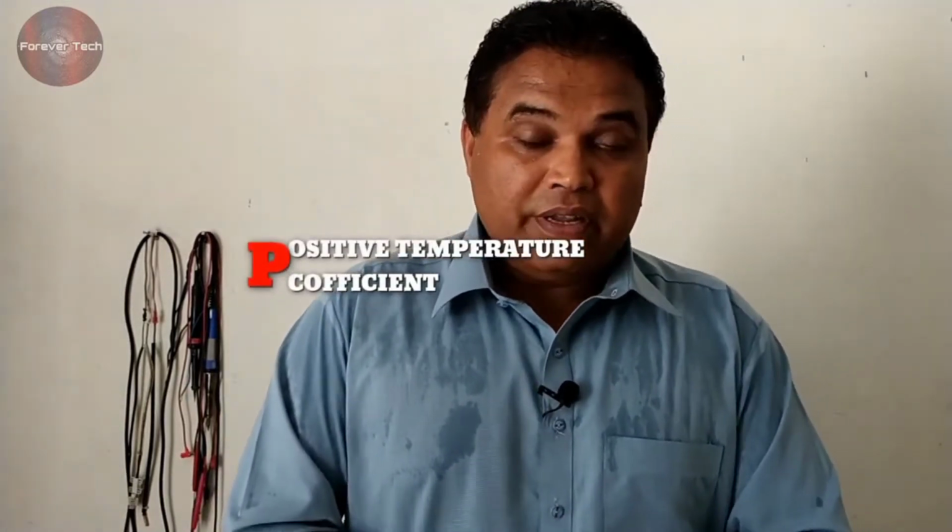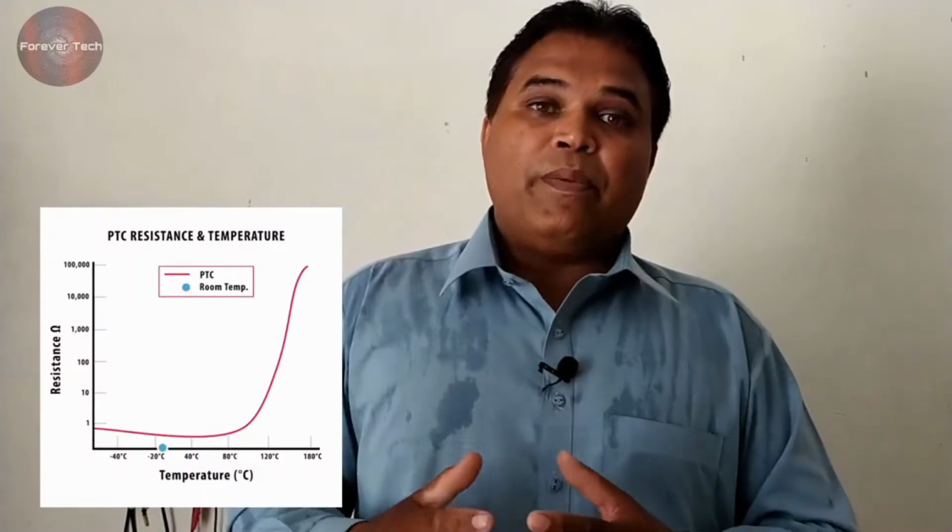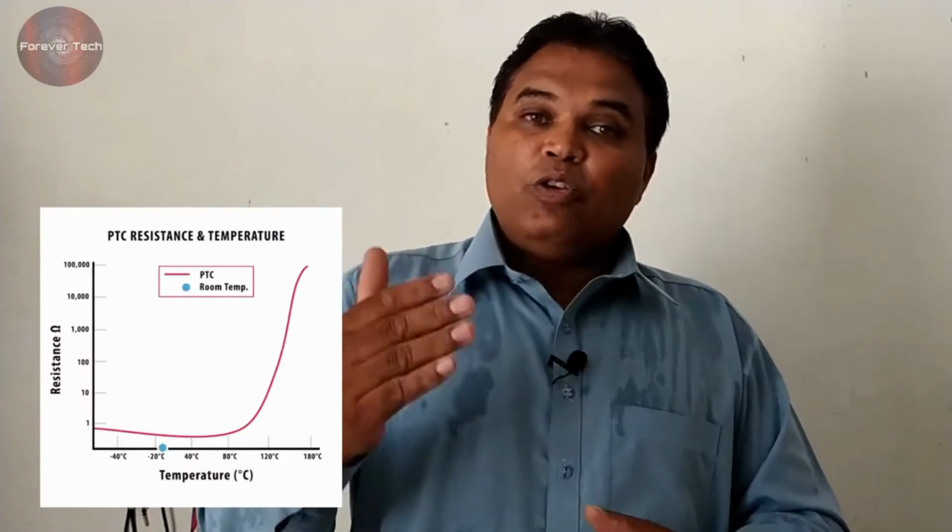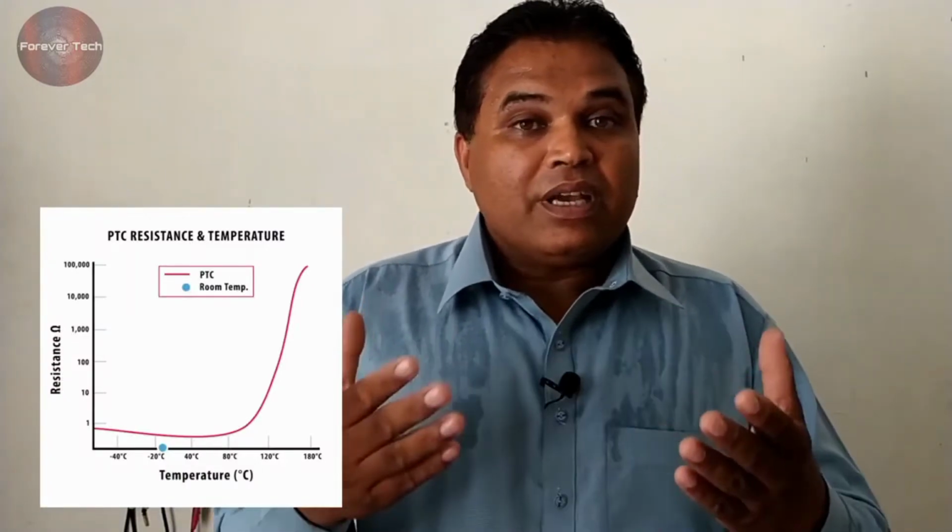PTC means positive temperature coefficient. In PTC, when the temperature is high, the resistance of PTC increases, and when the temperature falls, the value of PTC drops down. The NTC sensor works differently than the PTC sensor, and both are used for different purposes in different systems. In addition, they are installed in electronics for various purposes. So always remember this, then you will memorize the NTC and PTC sensor difference excellently.